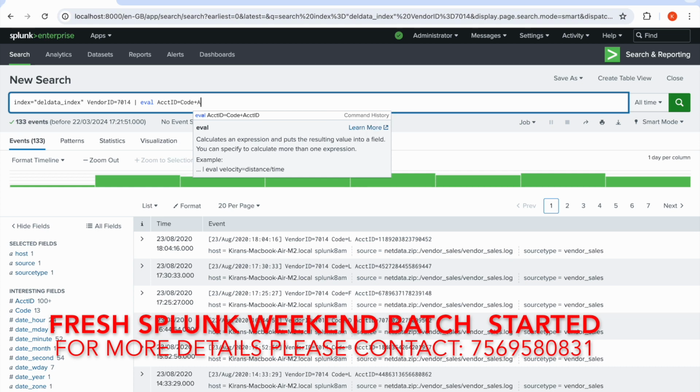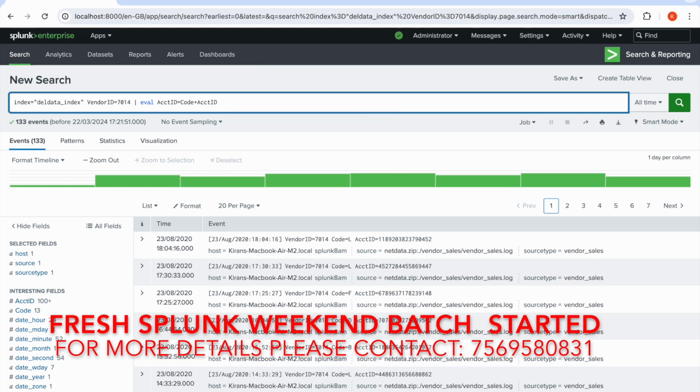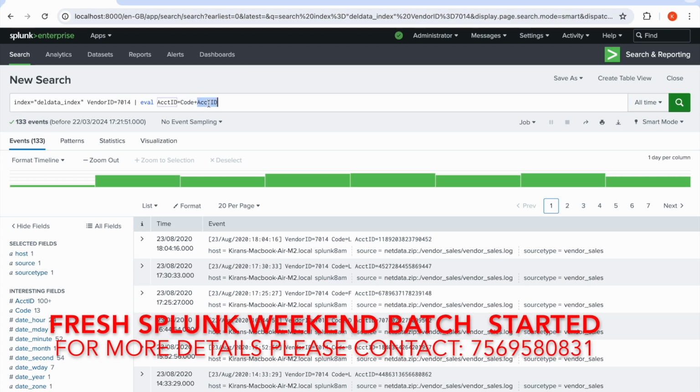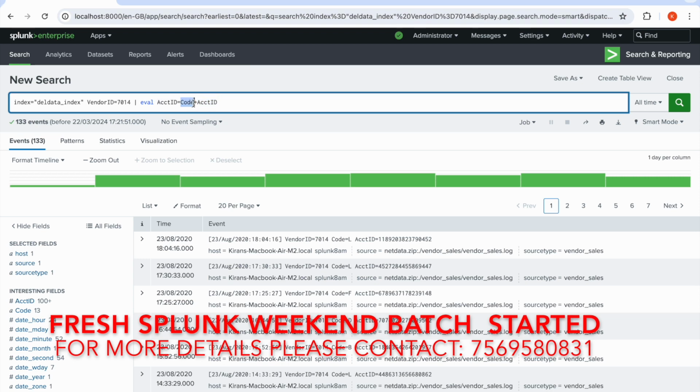About the plus operator in Splunk: whenever you use two numerical fields, it adds those values. Whenever you use two alphanumerical fields, or one alphanumerical field and one numerical field,